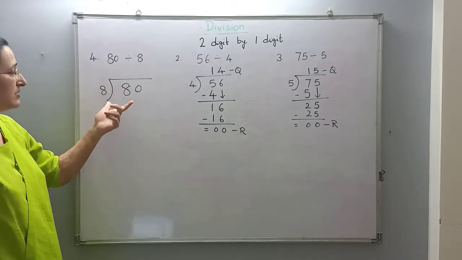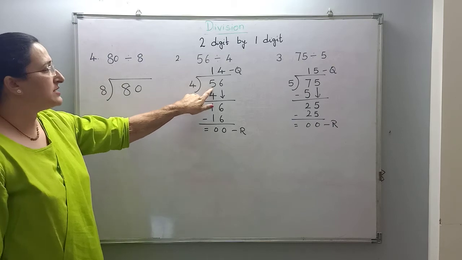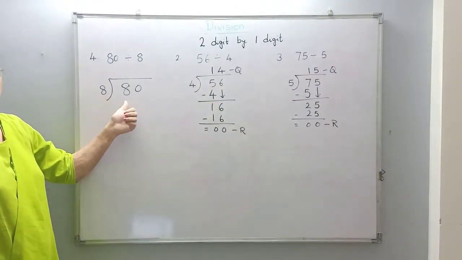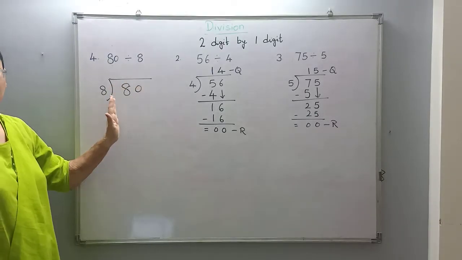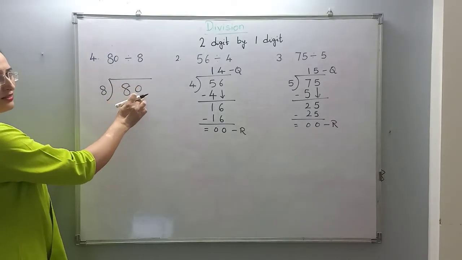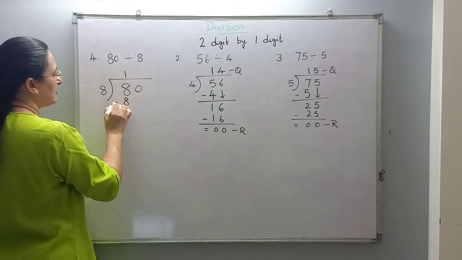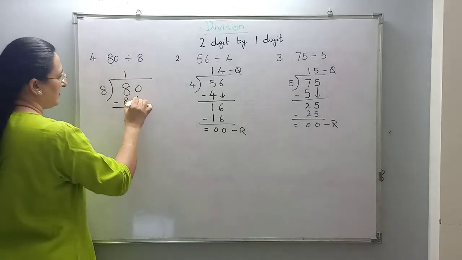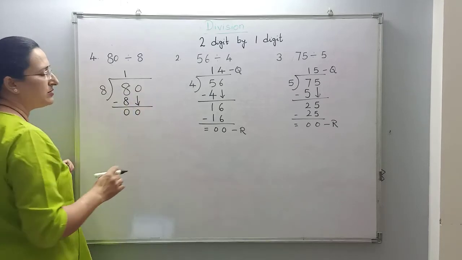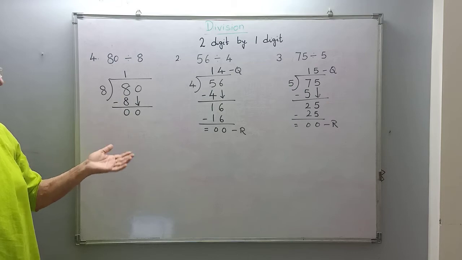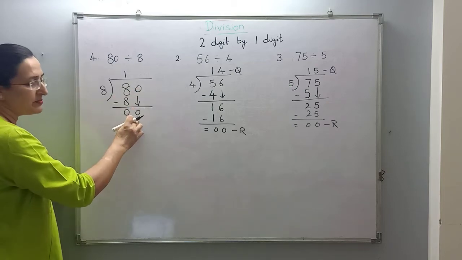As I told earlier, when the first digits are greater than the divisor or equal to the divisor, we have to divide them separately. So we are going to first divide 8, then we will take 0 down. So it's 8 1s are 8. Now I am bringing this 0 down. Is my sum over here? No, my sum does not get over here as I have brought a number down.